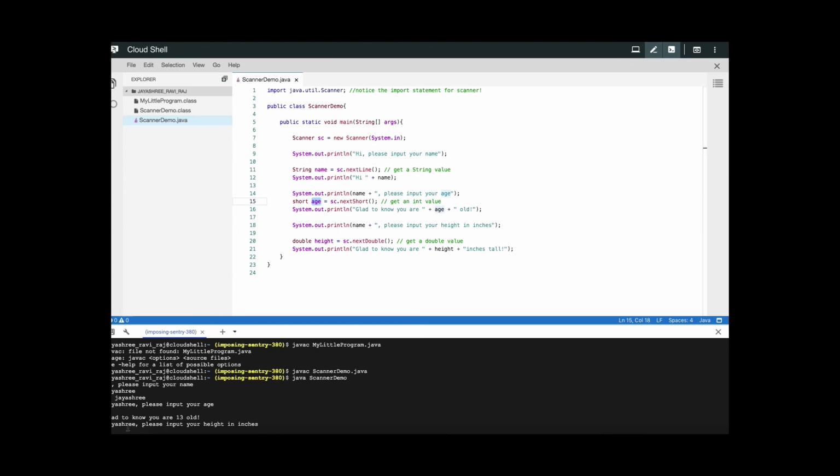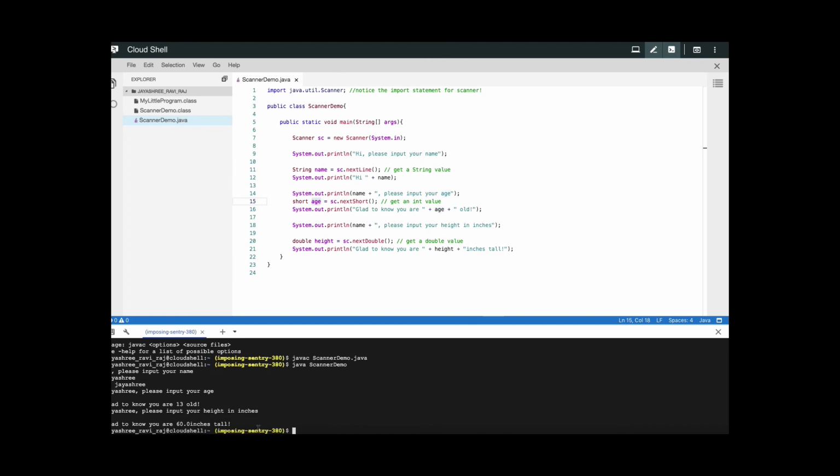And then of course I have one more question, and that is coming from here, please input your height in inches. So that's the next question that the program is asking me. My height in inches is, I think, 60 inches. So let me put 60. And it printed out, glad to know that you're 60.0 inches tall. And that came from this last line. So this completed the